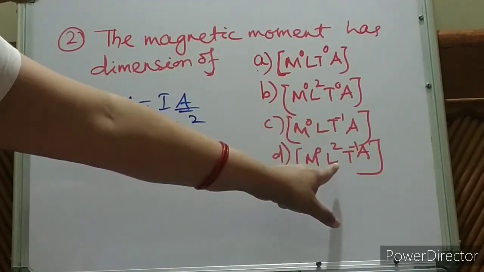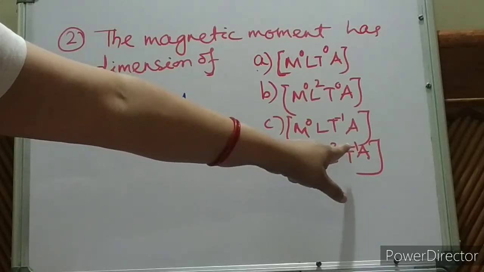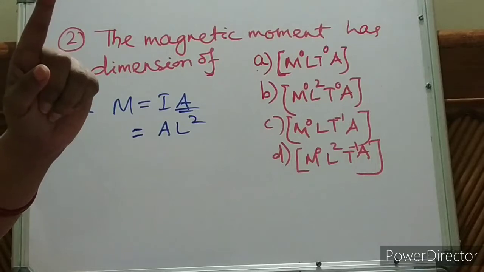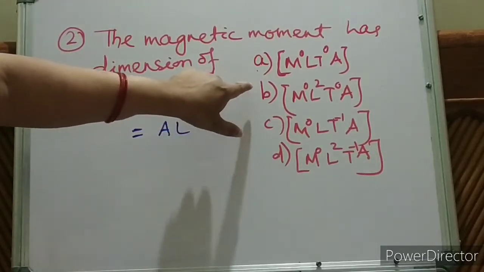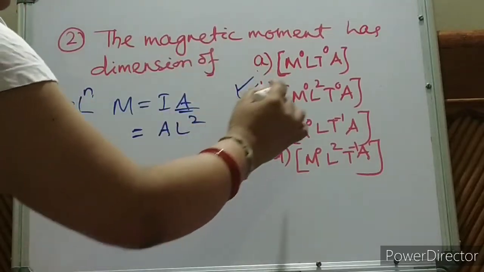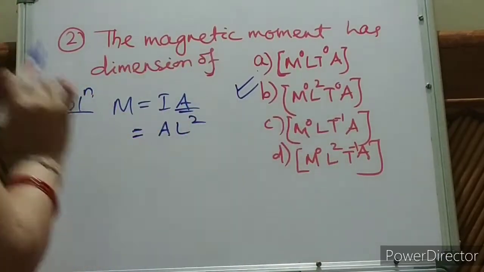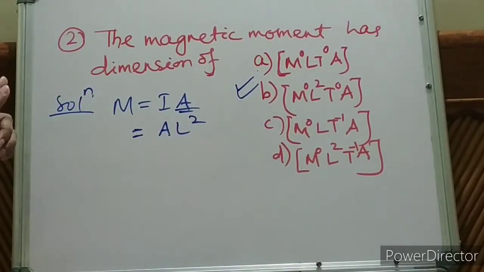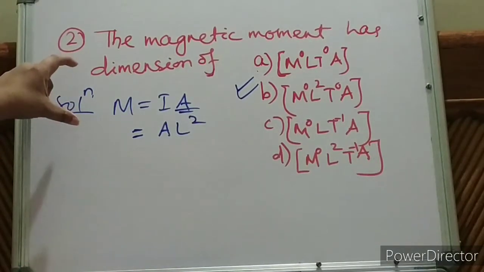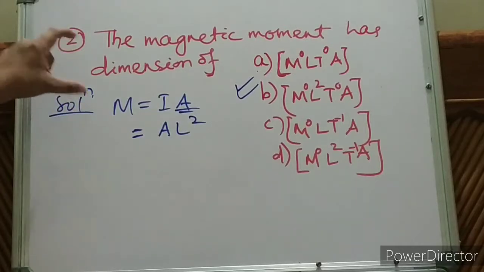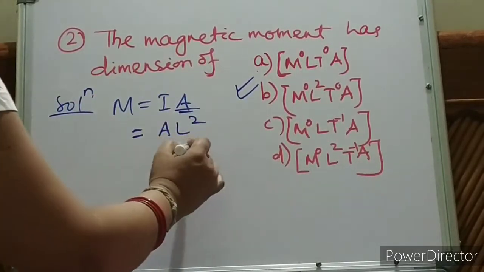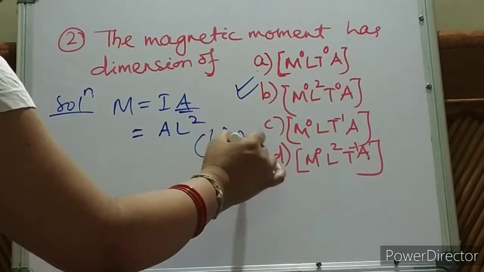Because here also L square, but there is T inverse. So you have to be very careful. You have to do it in 15 to 20 seconds, but simultaneously you have to be alert. That means option B. M not L square, T not A. Is it clear, children? Easy one. Such questions will give you the time in entrance for the difficult questions. Quickly just do it and answer. So B is your answer.